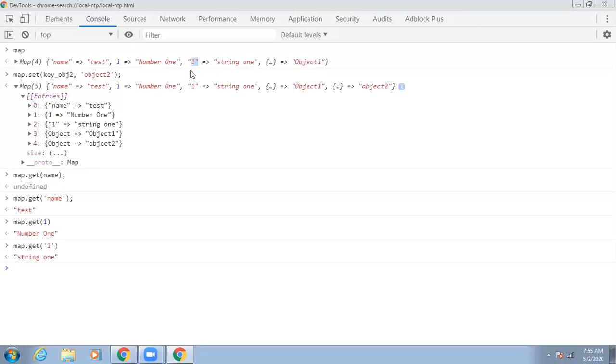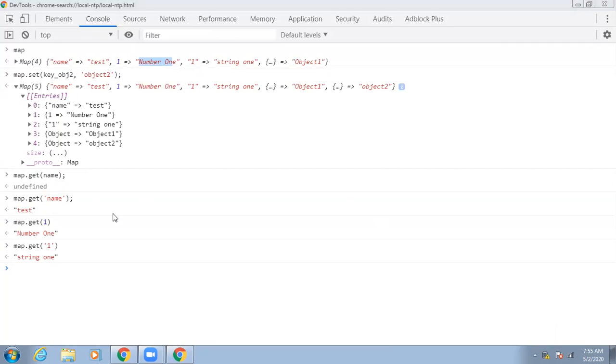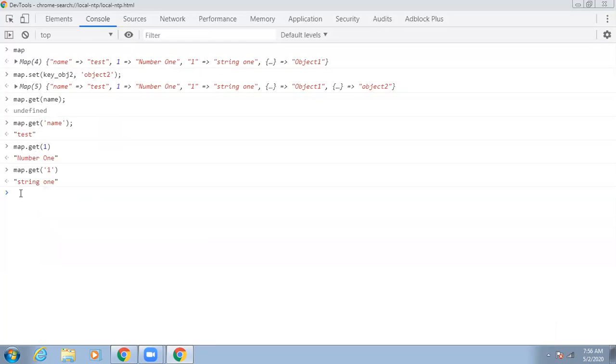String, right? Which I've stored. Though the value is string one, it means that it has the segregation, so it is not trying to convert it into strings. If you store an integer value and try to access the integer value, then only that particular value is going to be converted. Perfect, right? The same case is also applicable to this one. So get is a method to get the values of that particular map. Okay, so let us try with the objects now.